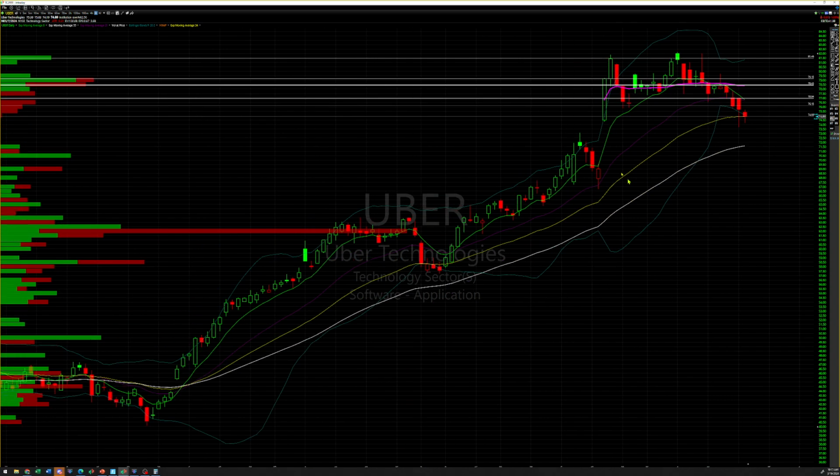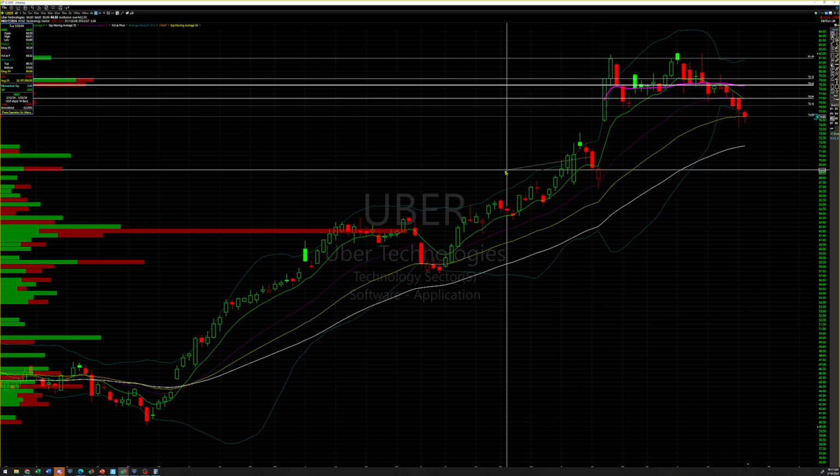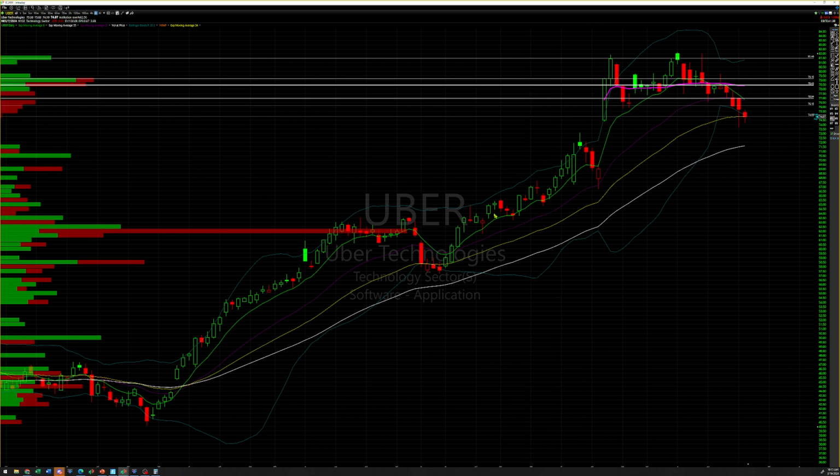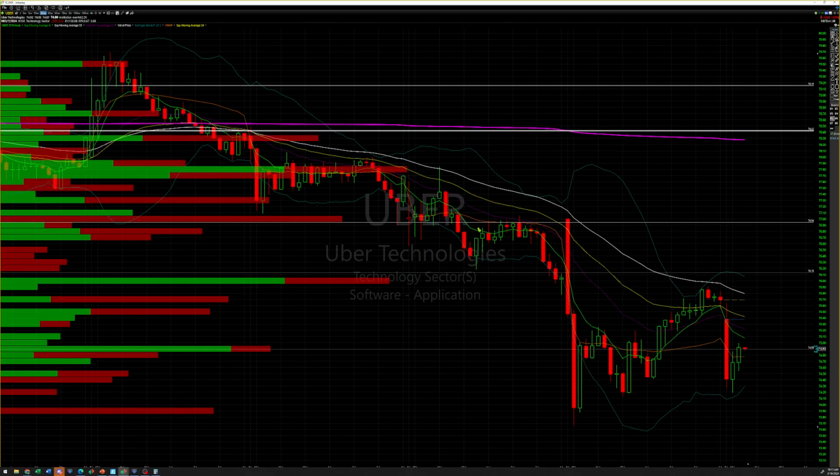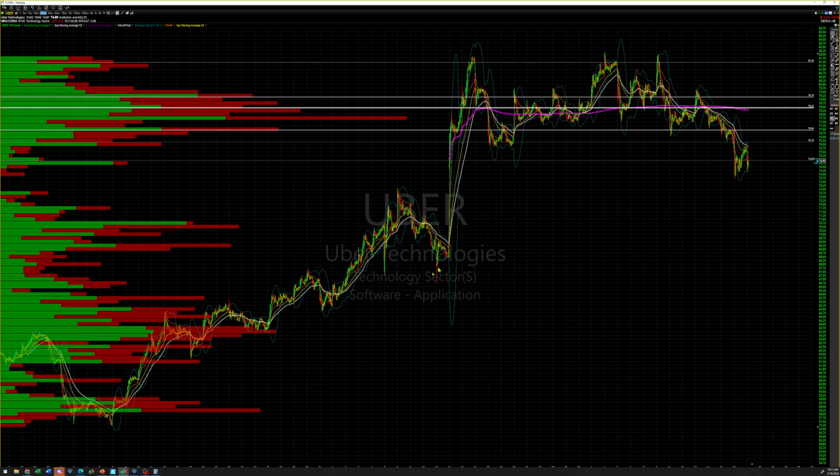So now I need to say, well, if we break and we start pushing down and we come into this gap fill or up into this area, where would I be willing to buy in this group? Does that make sense? So probably going to need a 15-minute chart for that. And we will zoom into this area.